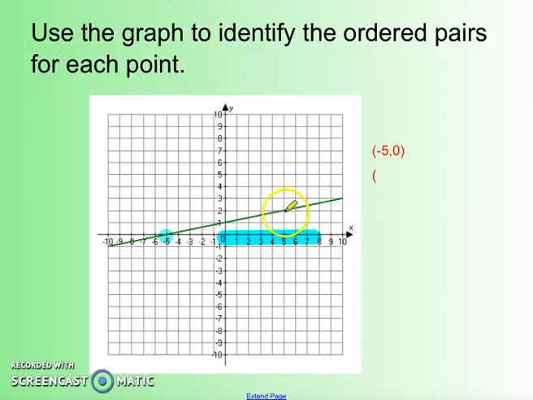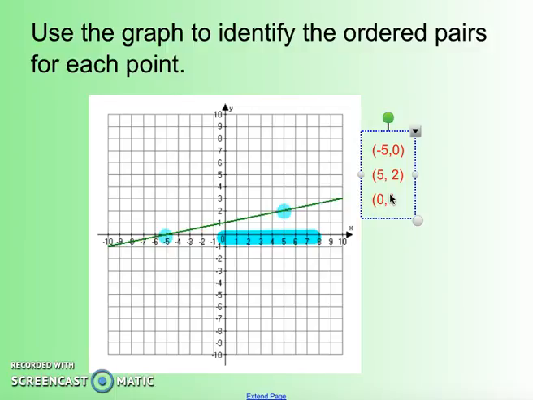So let's do 5. Okay, if I plug in 5, what do I get as an answer? Yep, I get an answer of 2. So 5, I get an answer of 2. Is there another place where it could cross? Well, it crosses actually at 0. Do you notice that? If I go straight up from the 0, I get an answer of